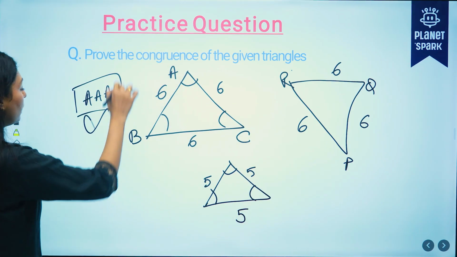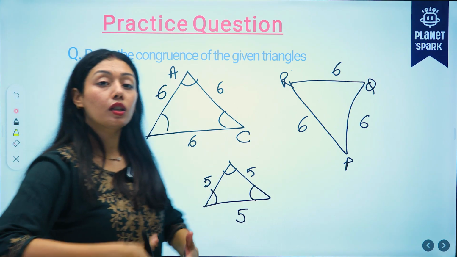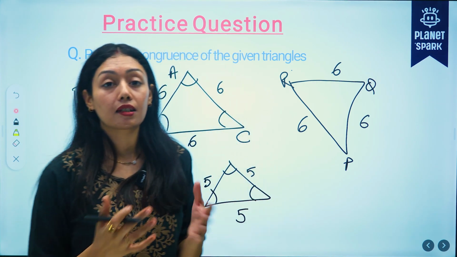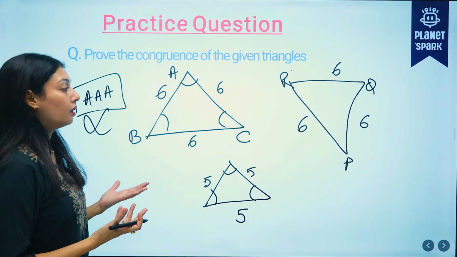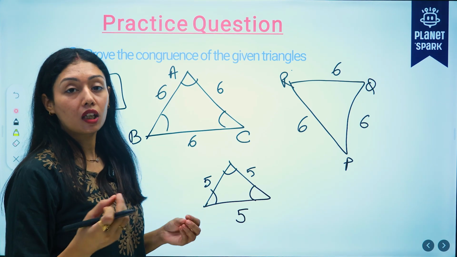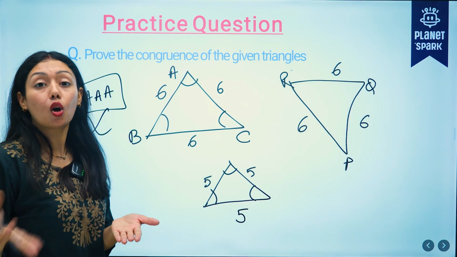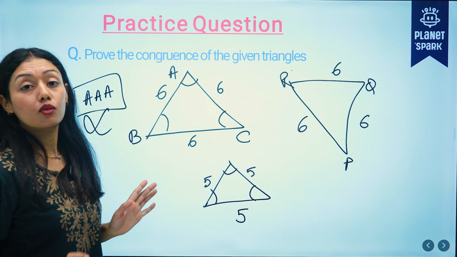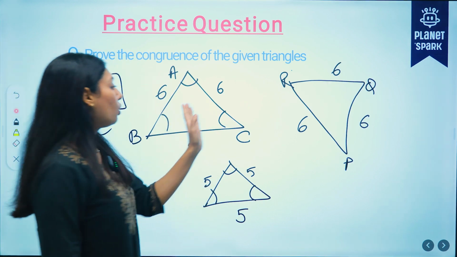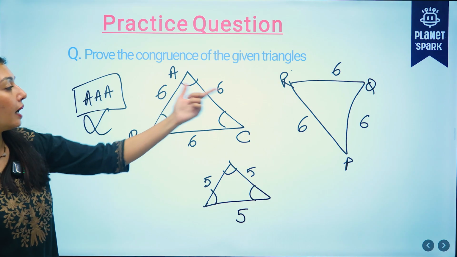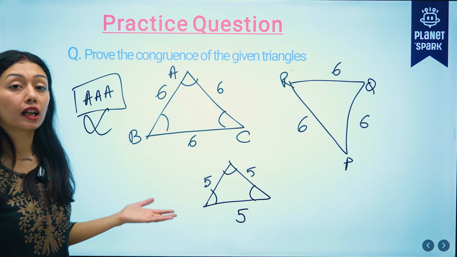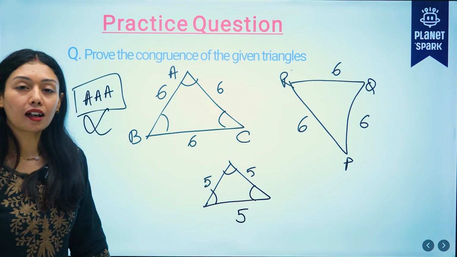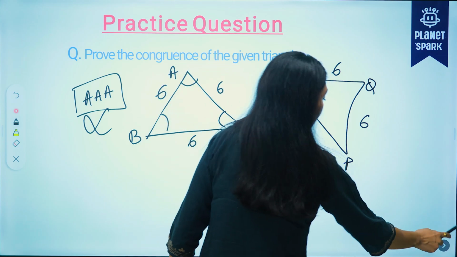No, no such criteria. Okay, now different combinations you can try yourself that what all criterias we have there, why are they like fixed there and what all combinations will not work, why that specific order. Okay, so AAA will not work, right? We can clearly see the triangles will not be congruent. So in such a case, when we have the side measure also equal for two equilateral triangles, we can say the triangles are congruent.